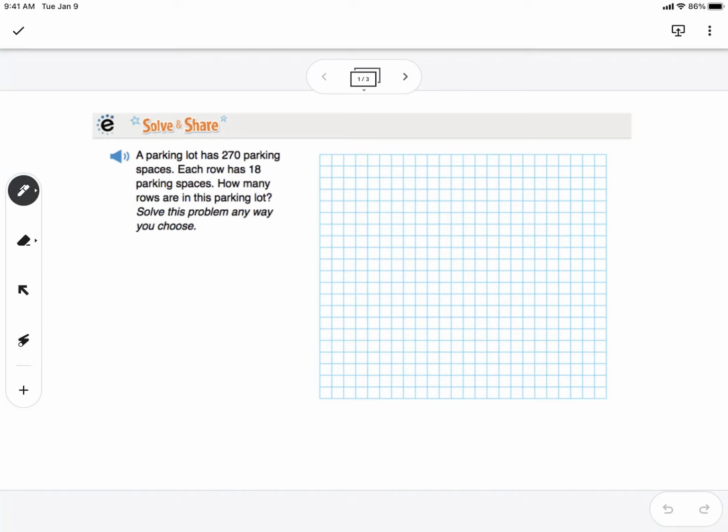So think about that. Okay. What is the number that we're splitting up into smaller groups, right? That goes here in the division house. Okay. How big are the groups that we're making, right? That's the divisor. The divisor goes outside. Okay. And then once you have that set up, go ahead and do the same process that we did